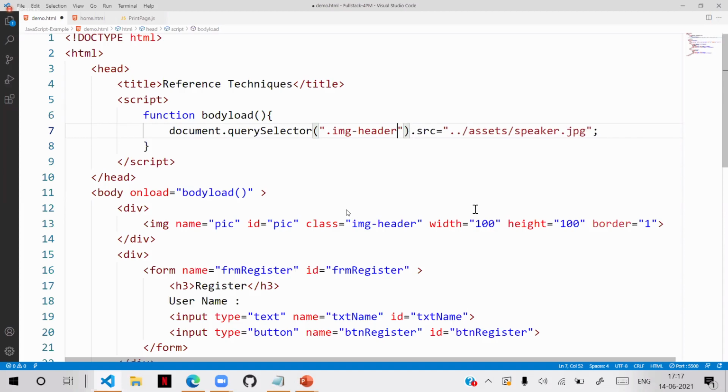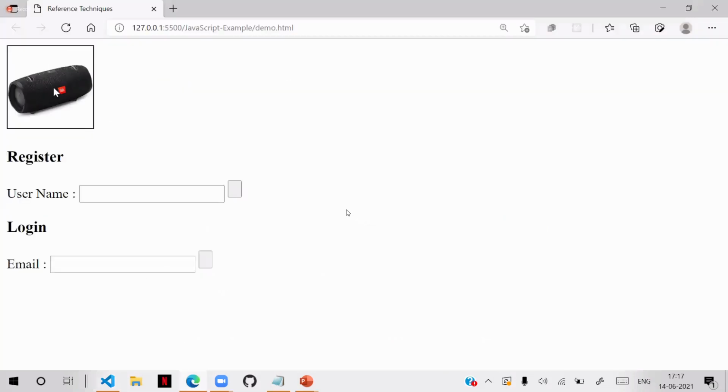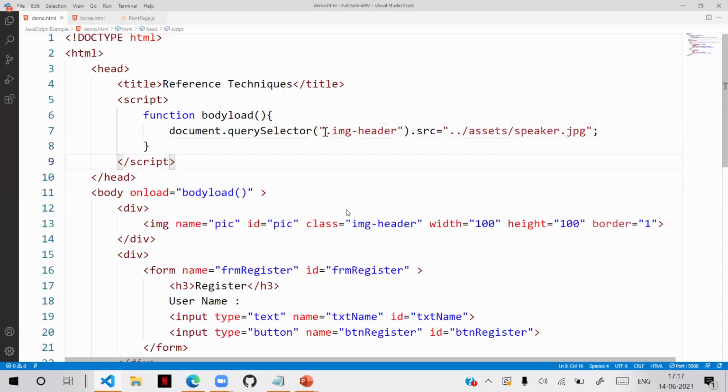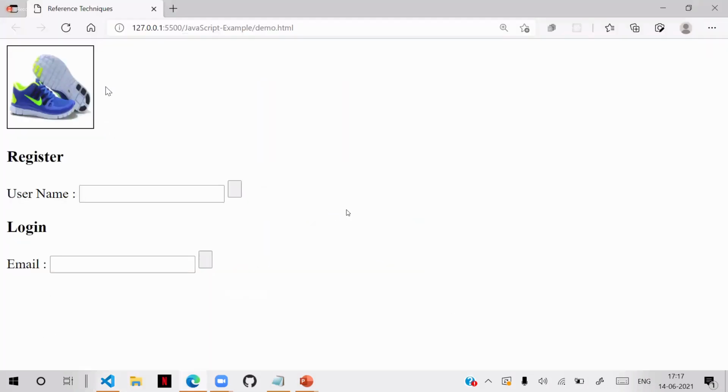This is a class selector. Already in CSS, we learned about selectors. So it is referring by using that. Now by using the class, we can access that and use it. That's working fine. For example, I'm accessing IMG, and here I am defining some shoe.jpg. That means I can access by its tag name also. You can access by tag name, because you know that you have type selector, ID selector, class selector.